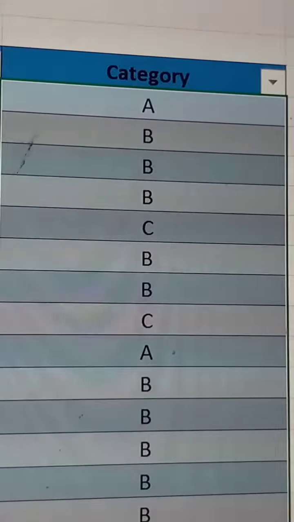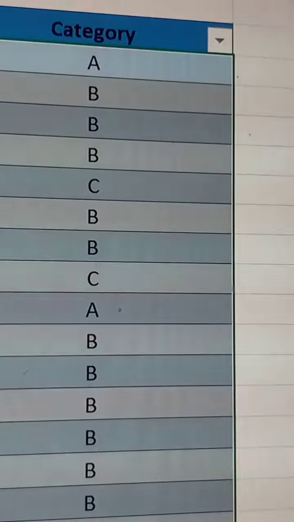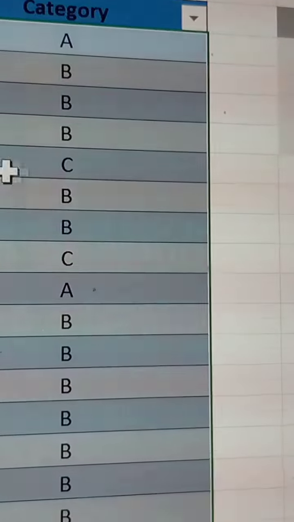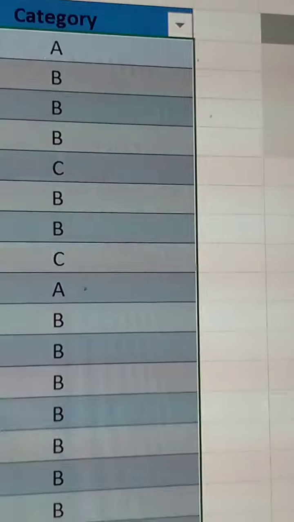then you can now come here. The retail price 1,695 is supposed to be category B because it is falling between 1,000 and 10,000. 10,995 is supposed to be category C because it is falling between 10,000 and 25,000. Any value